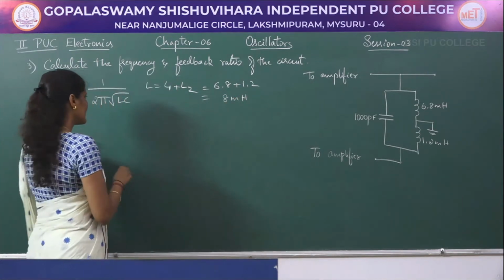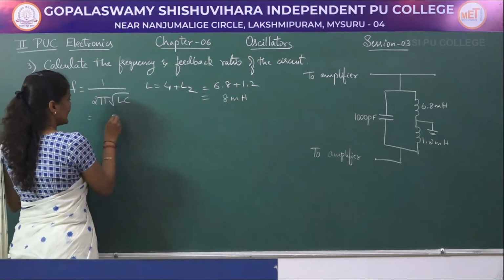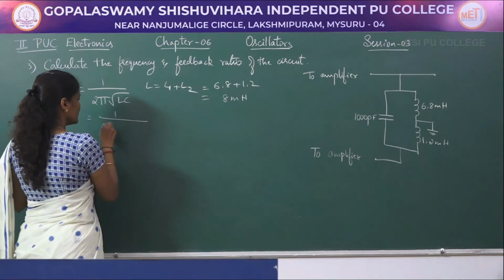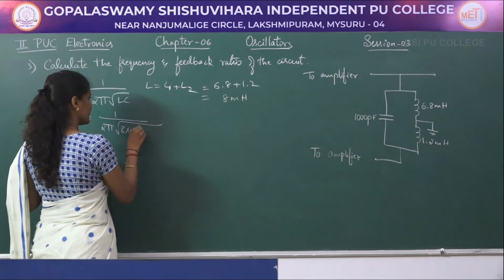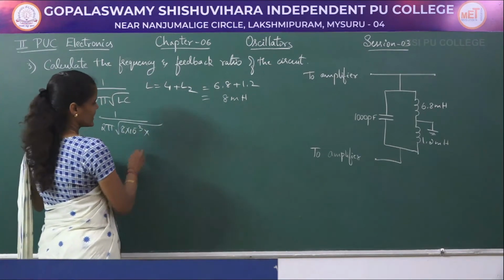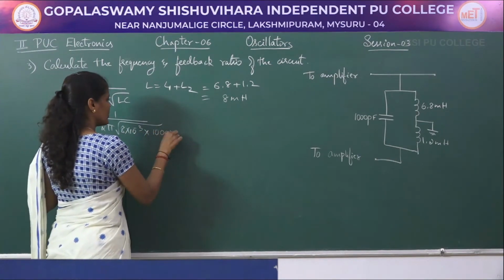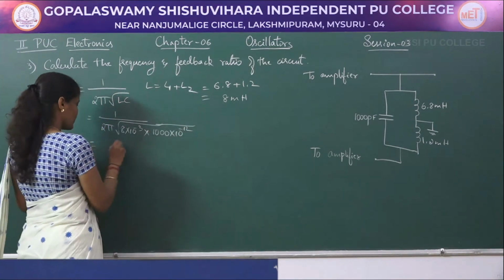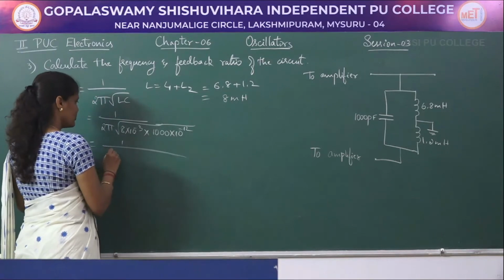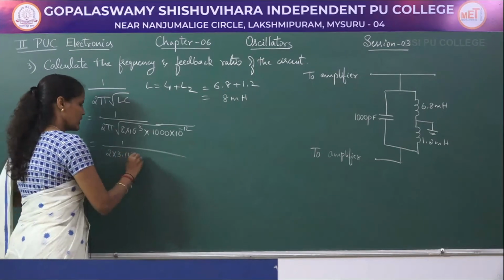So let us substitute this 8 millihenry in this formula and calculate the frequency. 2 pi root of 8 milli, that is 8 into 10 to the power of minus 3, and the C value is given as 1000 pico, 1000 into 10 to the power of minus 12. So 1 divided by 2 into 3.14 root of,